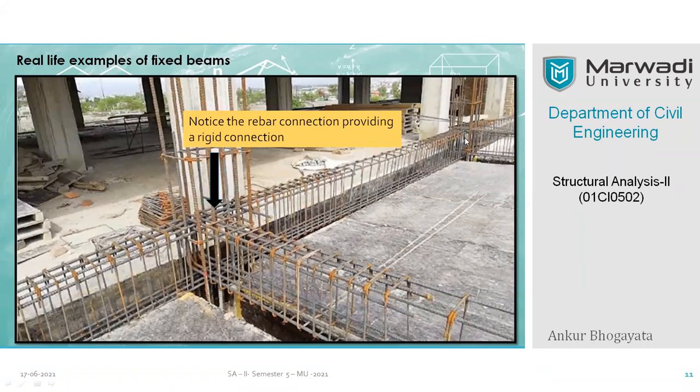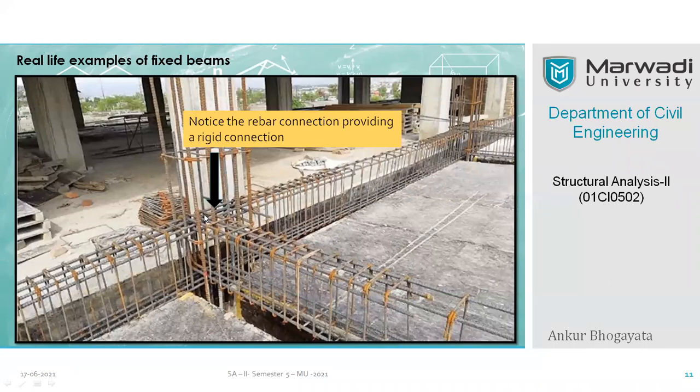So indirectly we end up with this beam as a fixed beam, which is connecting this column with another column. In future they will be casting this, and you will see that they have developed a fixed joint at this particular junction. Naturally, this beam is also going to get connected with the opposite column in a similar way, and that is how we can ensure the fixed connection.